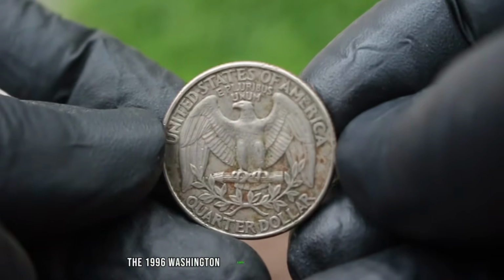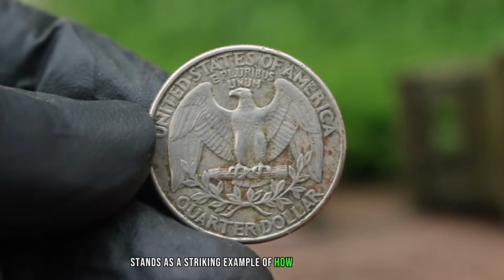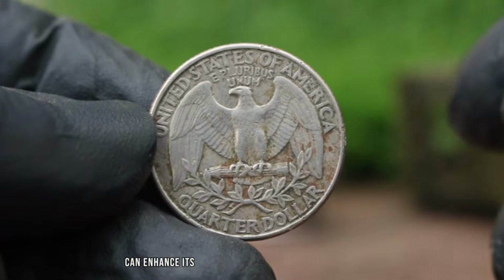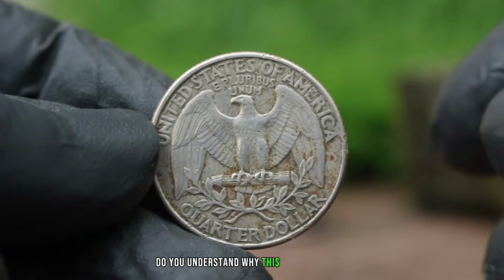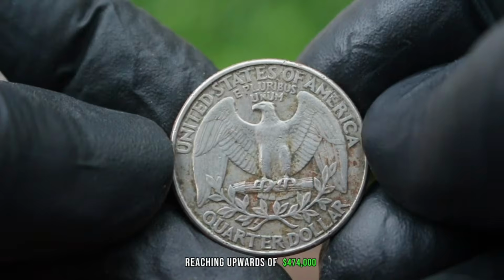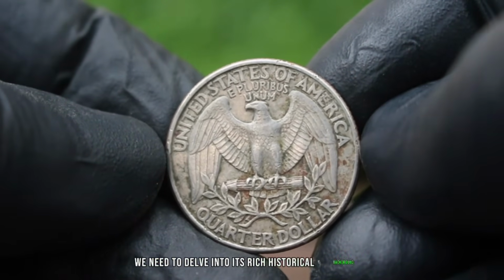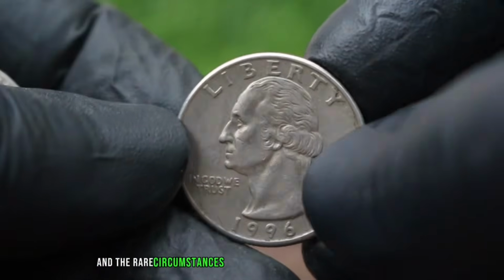1996 Washington quarter dollar with a D mint mark stands as a striking example of how a coin's condition, even when imperfect or dirty, can enhance its desirability and value among collectors. To understand why this coin commands such a staggering price in today's auction market, reaching upwards of $474,000, we need to delve into its rich historical background, intricate design features, and the rare circumstances that have propelled